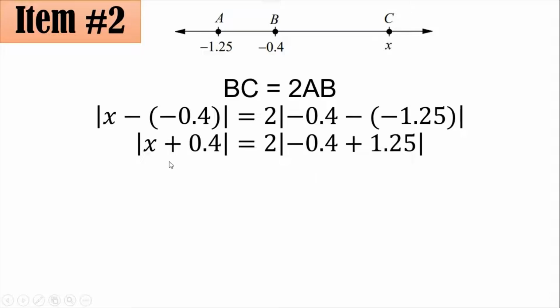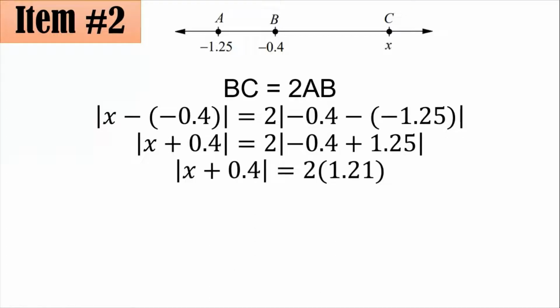That's why the rest were copied. You arrive to this expression. Next, the negative 0.4 and the plus 1.25 becomes 1.21, and I just got its absolute value, which is still positive 1.21. But multiplying this by 2,